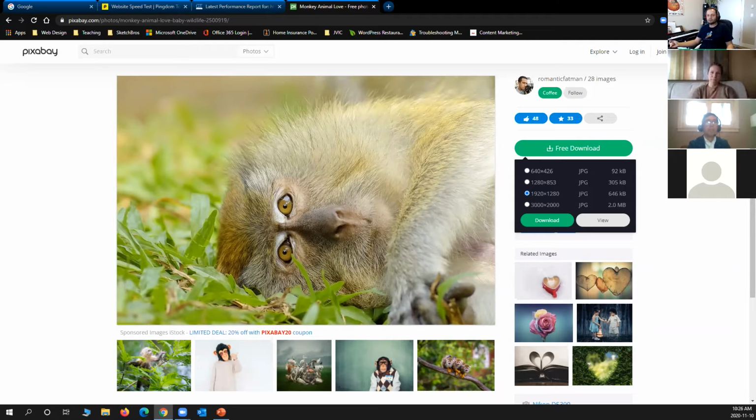Otherwise, they would slow down really fast. So they automatically resize, reshape. They basically keep the original file that you uploaded, which was 2 megabytes. But what they are using for your website would be a smaller version and a lower quality one. So that's how they speed it up. On WordPress as well, you can do this.